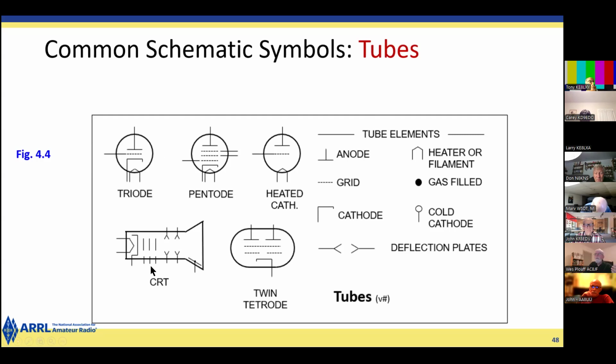So, okay, and then this is probably one of two slides where you will see a tube. Tubes are glass or metal envelopes that have vacuum inside, and the types of tubes depend on the number of grids in them. But if you look at the triode here,